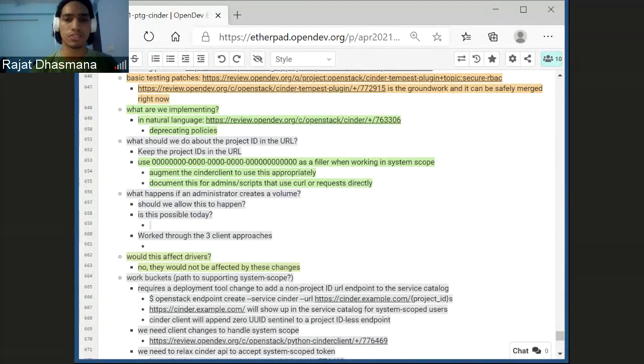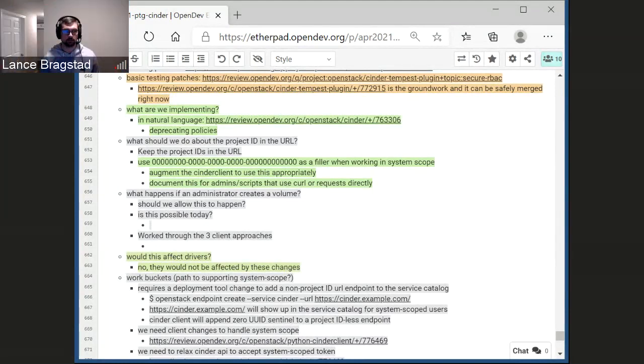Also, Lance faced one issue with these. When Lance tested it out with two endpoints, without a project ID and with the project ID, the request would go randomly to any endpoint and it would fail. That's something, yeah, if like a project scoped client.